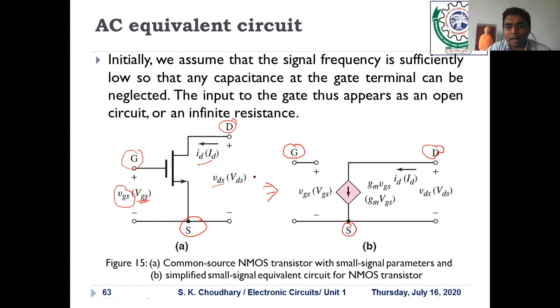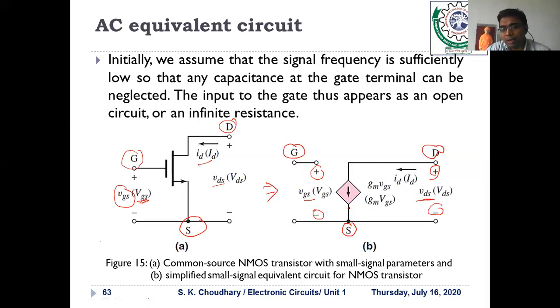Now, according to the circuit, you have to learn how to draw the small signal equivalent circuit of the transistor. As per the transistor status, you have to draw the terminal voltages. Here, gate to source there is VGS. You have to draw the gate as the positive terminal and the source as the negative one, with the voltage VGS in between. Similarly, the drain is positive, so here is the positive sign, and the source is negative compared to the drain, and the voltage between them is VDS.